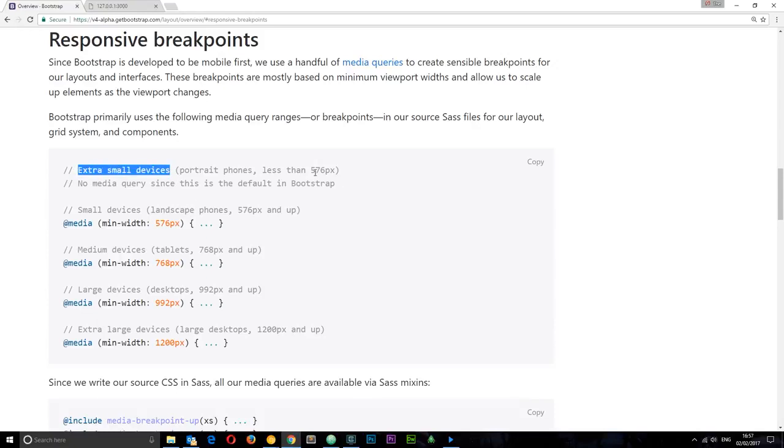This thing right here, which is less than 576 pixels. So anything that we create in Bootstrap is by default shown on these device widths in a certain way. Then when we reach a width of this, 576 pixels, Bootstrap changes the display of our content